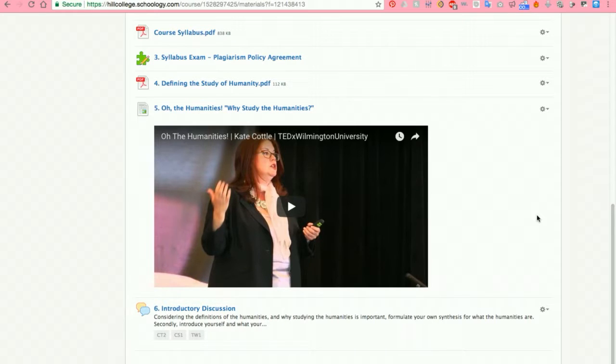The easiest way to avoid plagiarizing is by using a style manual such as MLA. We are going to use the MLA 8th edition in this class to document some of our sources in some of our writing. If you don't know what that is, you should go to the Writing Center, go to the library, ask a librarian, Google it, go to the OWL, Purdue Online Writing Lab. Google that, and they have